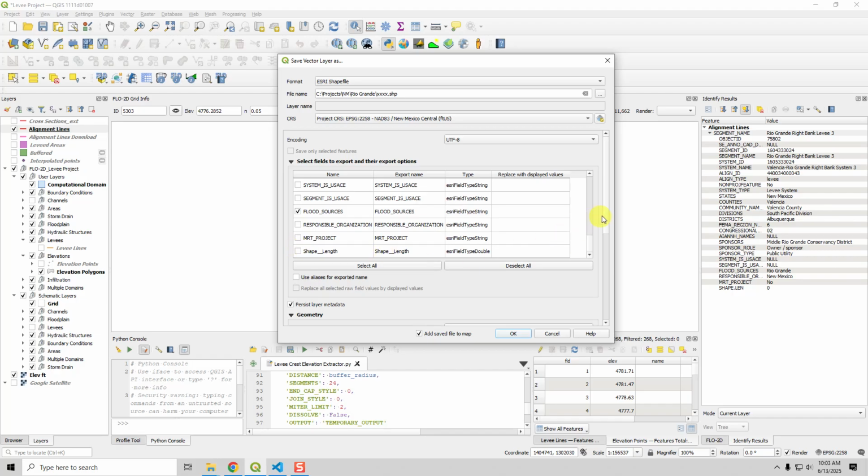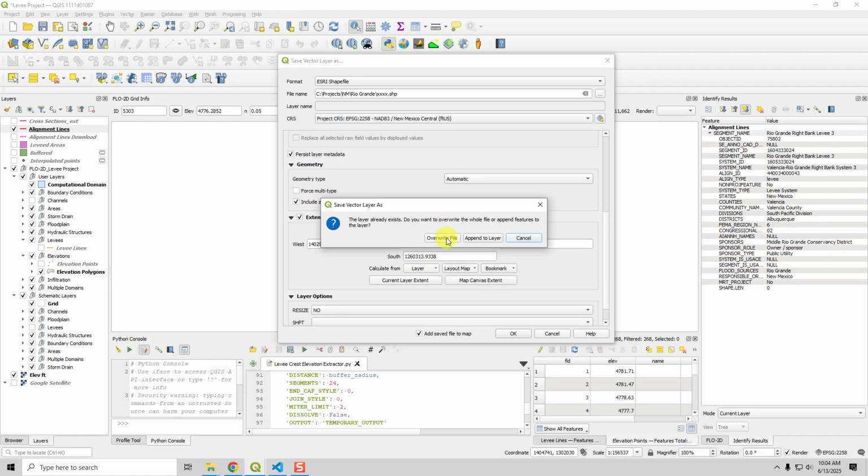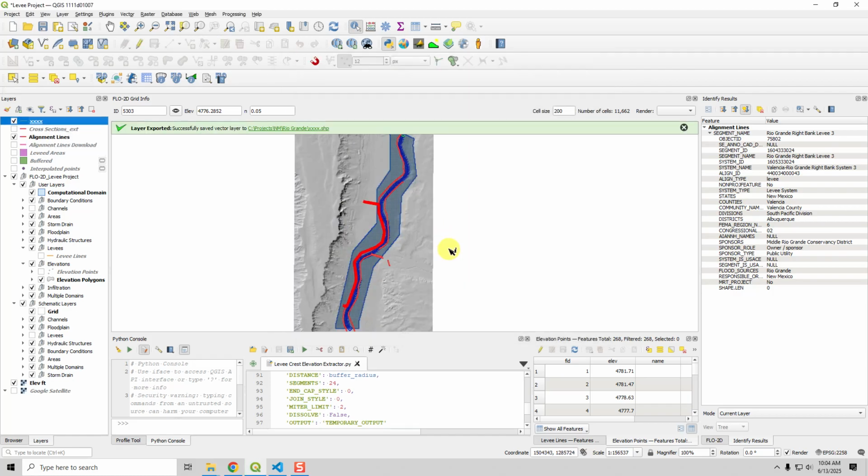And then the last thing that we need to do is set the extent of what we want to download to our map extent. So map canvas extent, and then just click OK. I'm going to click overwrite because I've already done this once. Okay, that is ready. So now what you see is we have downloaded the